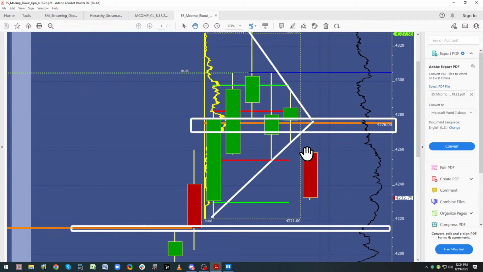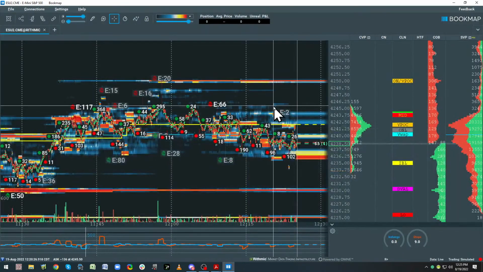Because where does the rubber meet the road? It's the interaction between the participants. If I have alignment, and I can read the order flow, it can help. I also know the order flow can be quite flaky and misleading because there's algos in there that trap retail traders. I understand.